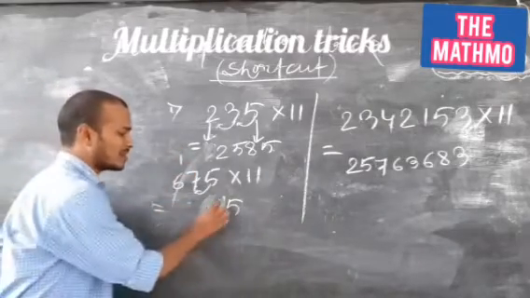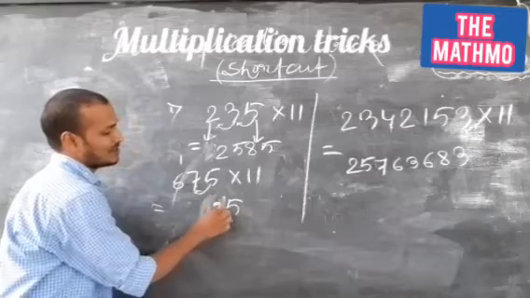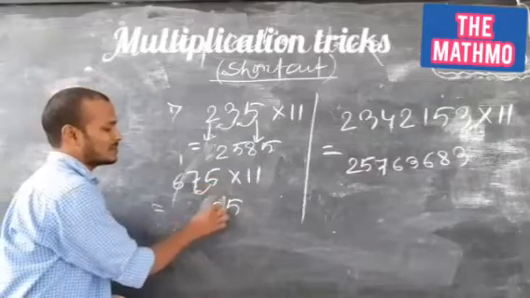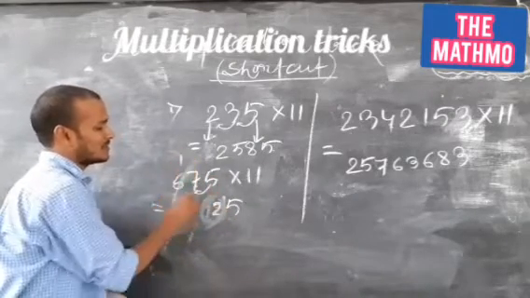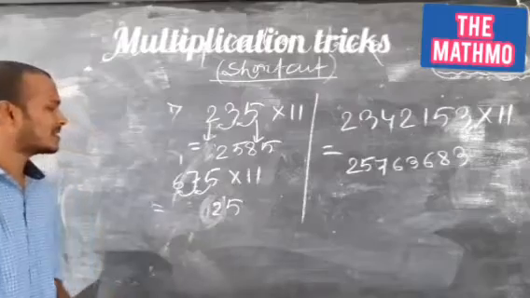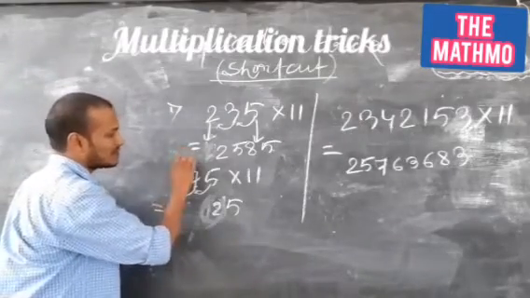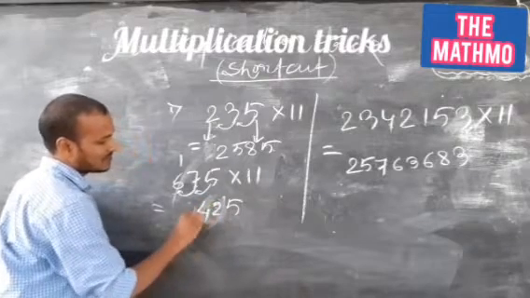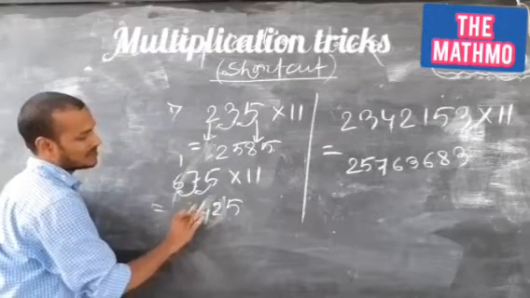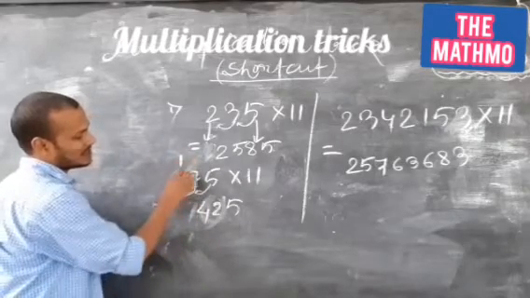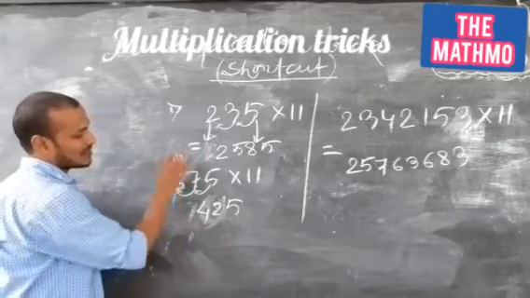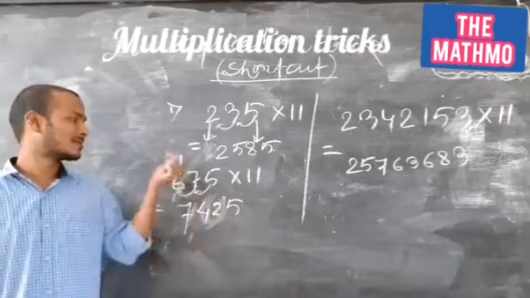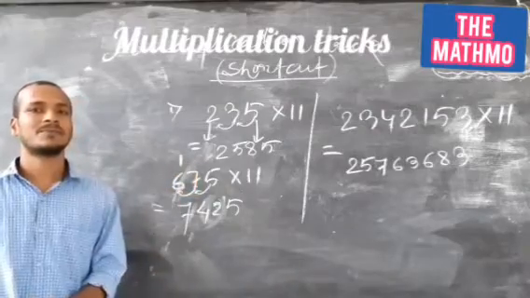So we put only the ones place digit and carry the tens place digit. So 5 plus 7 is 12. 2 we put here and 1 is carried. Next 7 plus 6 is 13, plus that carry 1 makes 14. And for that 14 also you will not write 14. Only 4, the ones place digit, and 1 will be carried. So the next digit is 6 and the carry 1 makes 7. So when there is a carry, you don't put it, you just hold it and add it to the next digits.